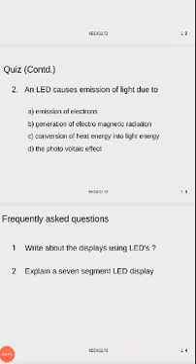So these are the applications we discussed, and the basic principle also we discussed in today's class, and why it emits light in color, and why other devices do not emit light, we discussed in today's class with applications of LED. And in the next class we discuss a new topic.